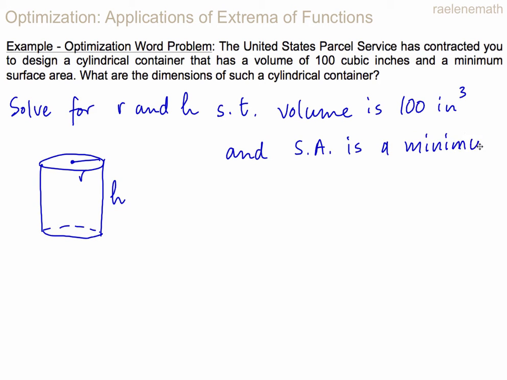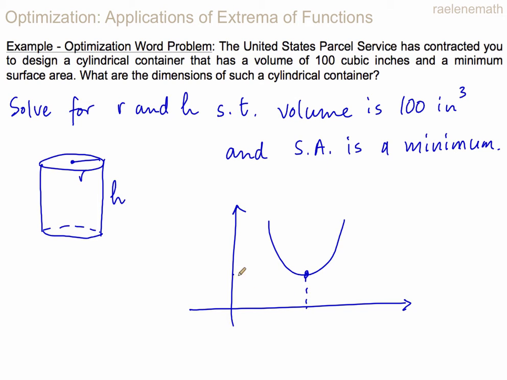And so from here we realize that we're looking at a graph, and on that graph we want to have a minimum value. The key is to figure out what goes along the vertical and horizontal axes. The thing that we want to find the minimum of is a point that has both an x-coordinate and a y-coordinate. And here the y value is the minimum value we are looking for, but we are asked to find the dimensions, so the input would be either the radius or the height, depending on how we set up our input, and the output is the surface area. So this is the minimum surface area height right here, and there are lots of other heights on the surface